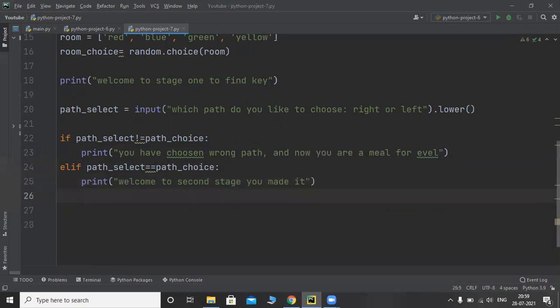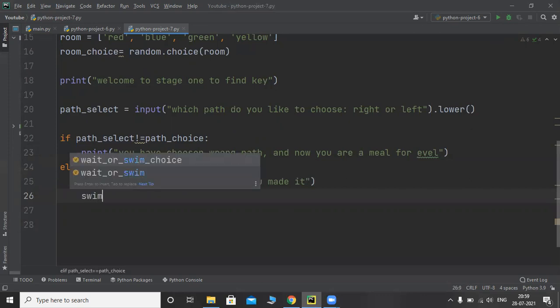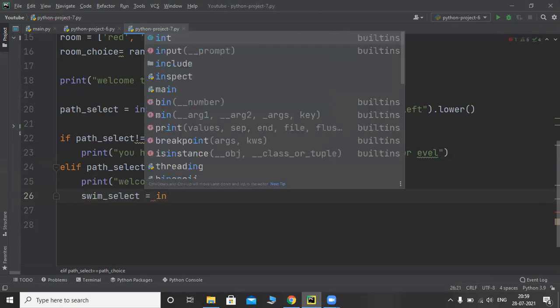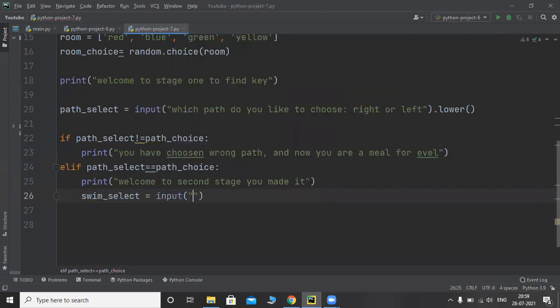Next, it has to ask swim choice. The swim_select variable is equal to input: do you like to swim or wait for some time?